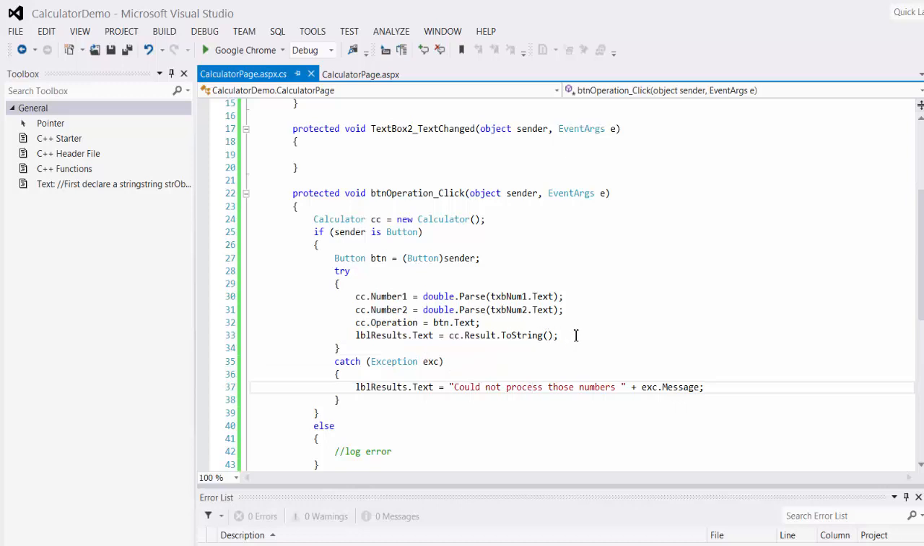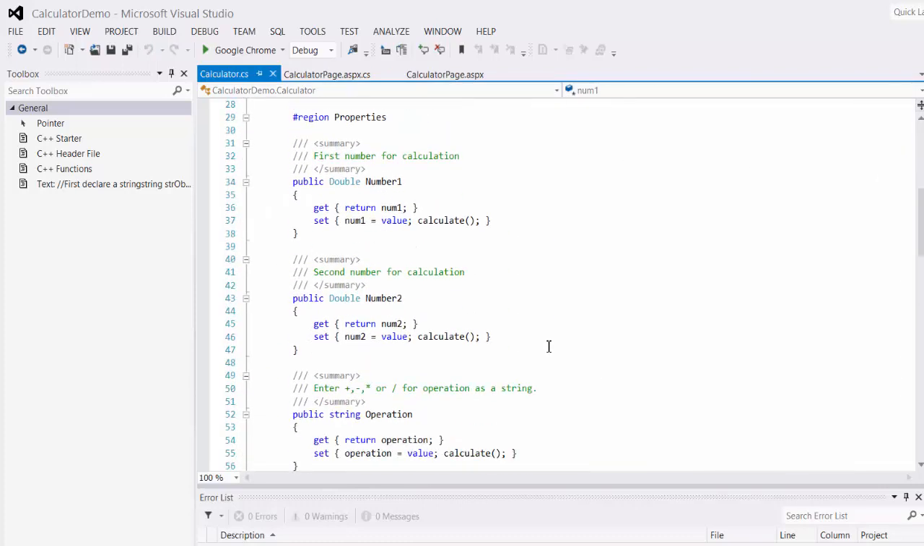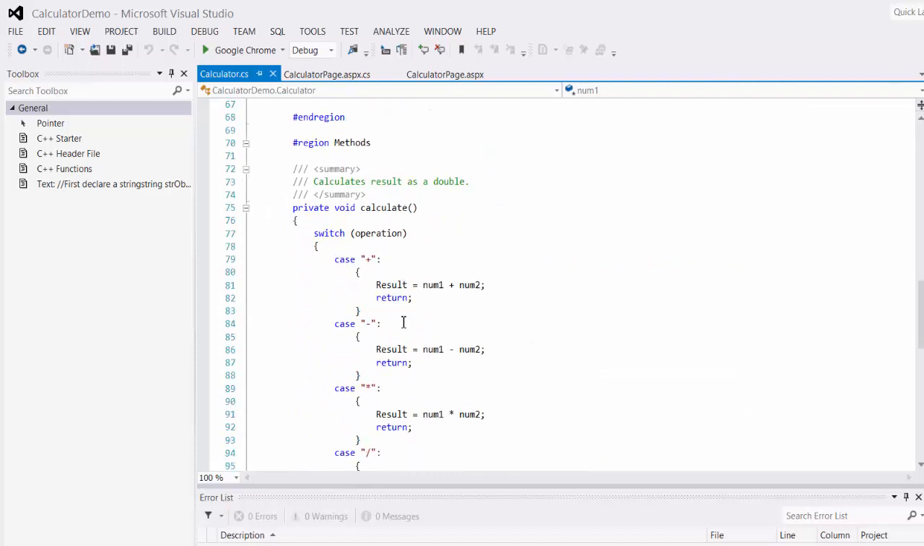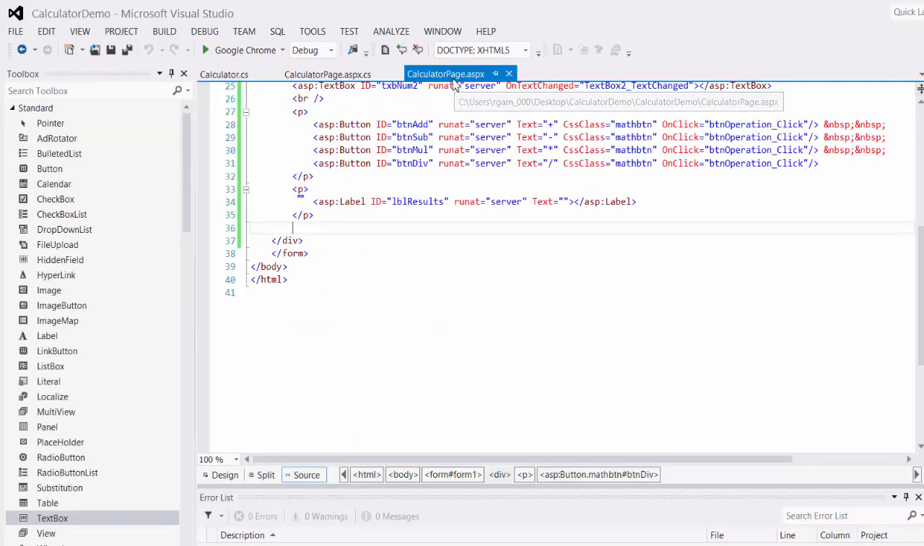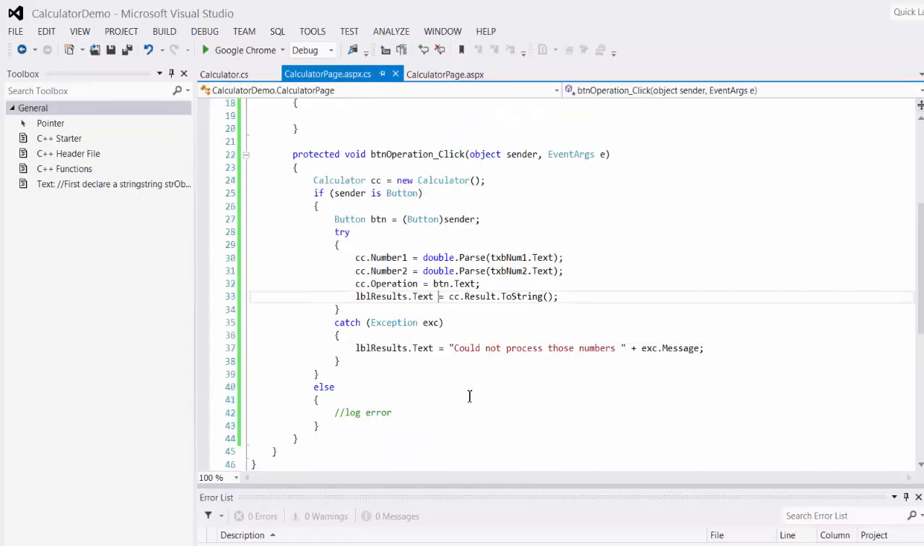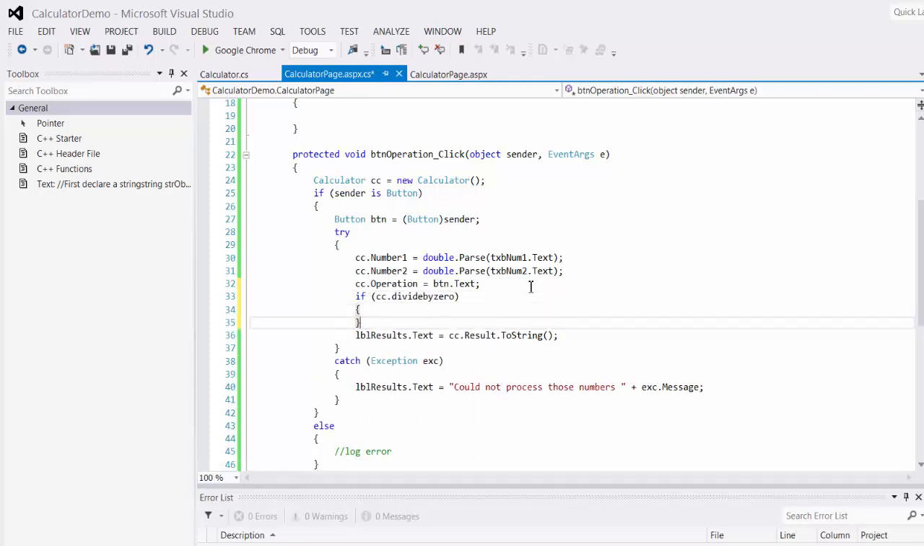So what we need to do is, because it does have that Boolean in my calculator class, this one right here that returns whether or not there's a divide by 0, I can check that. If cc.divide by 0, then I'm going to display